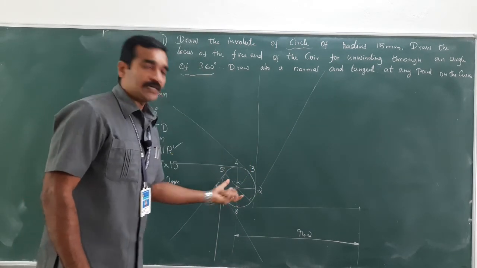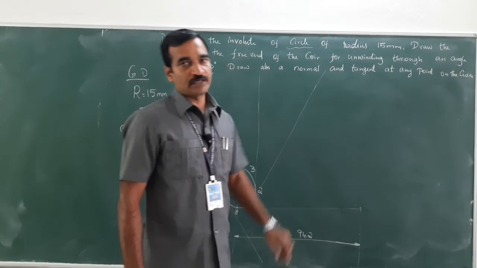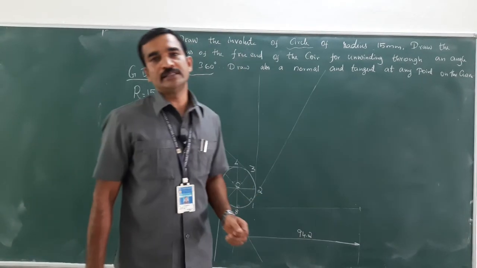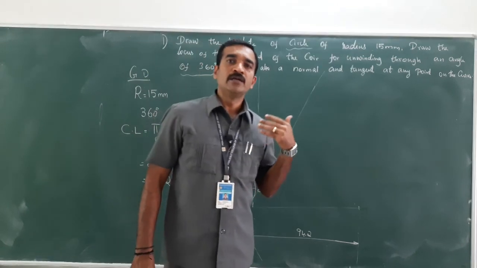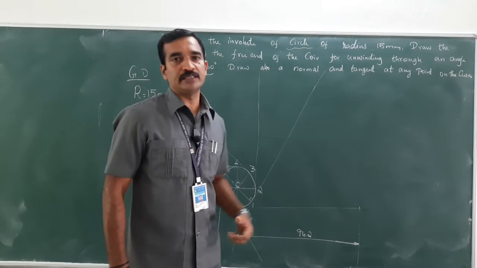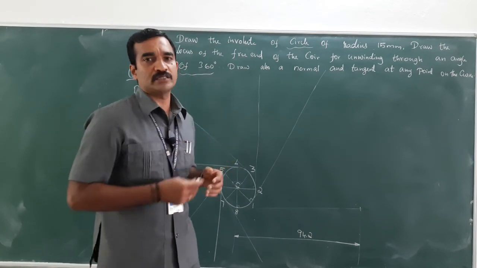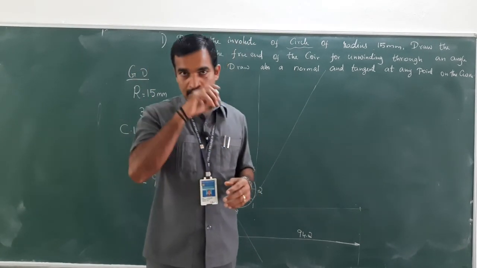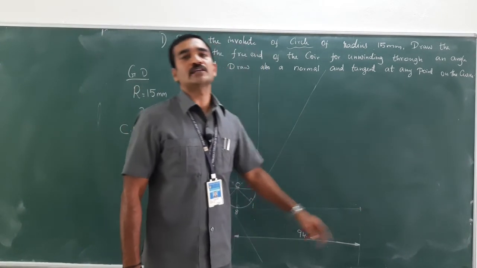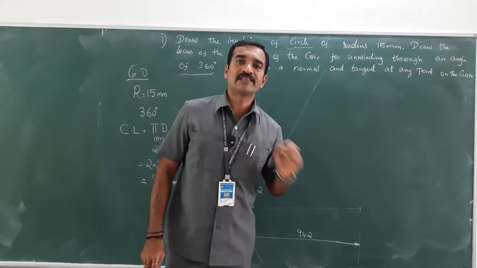Since the circle has been divided into 8 equal parts, I have to divide this circumference length into 8 equal parts. What is the method to be adopted here? I have taught you in the cycloidal curves, that is cycloid, epicycloid and hypocycloid, a method used to divide the directing circle or base circle or direct line. Here the circumference length of the coil needs to be divided into 8 equal divisions. That method name is the bisecting method.